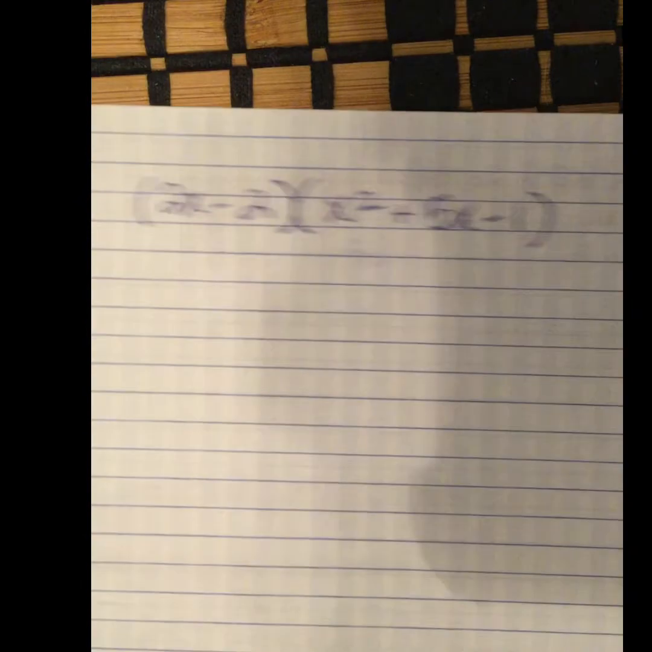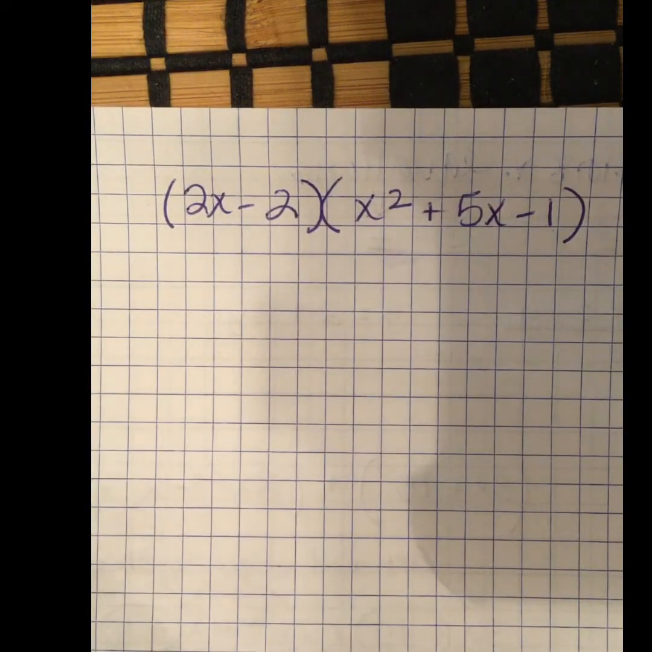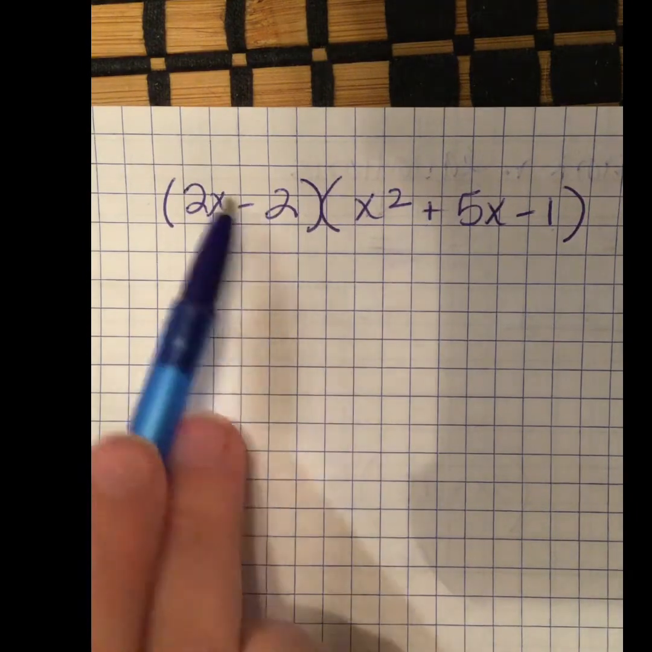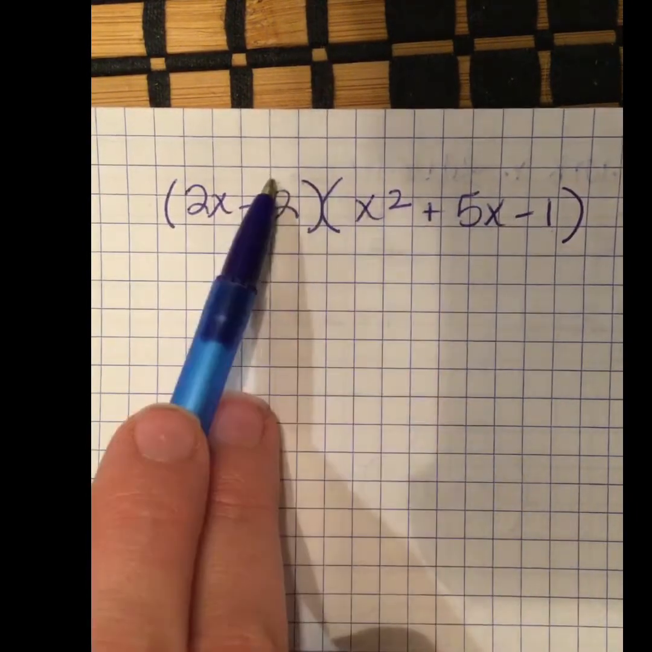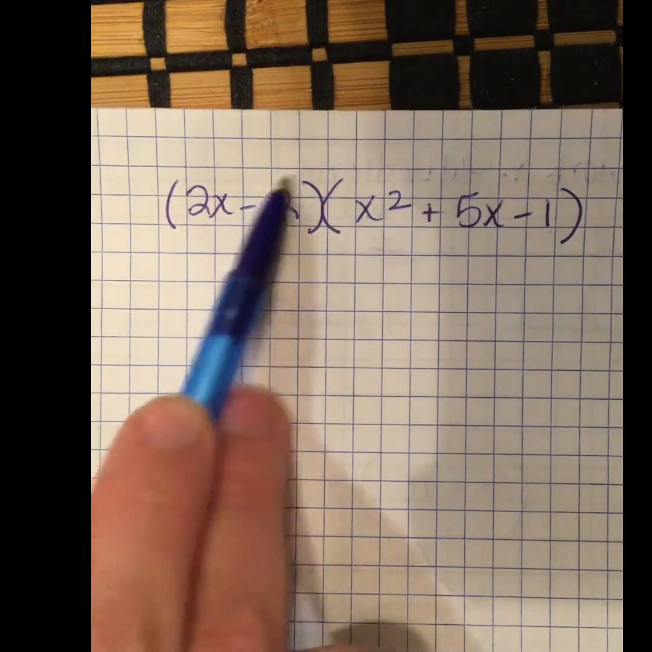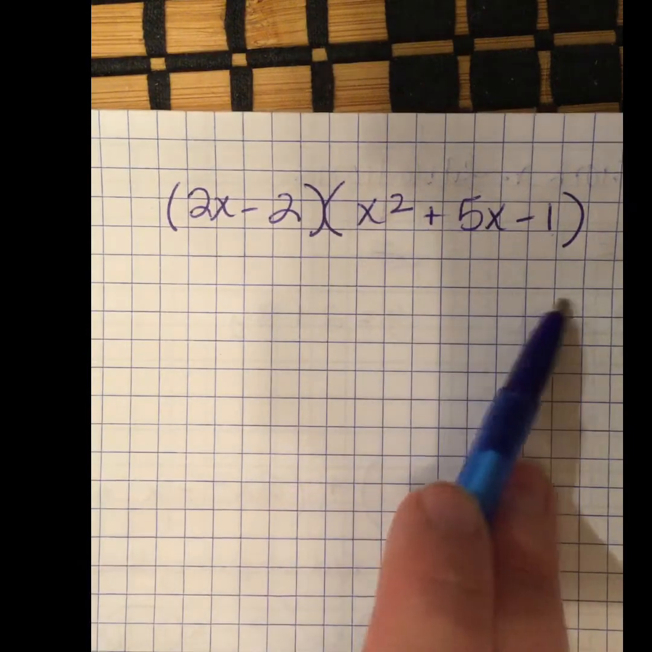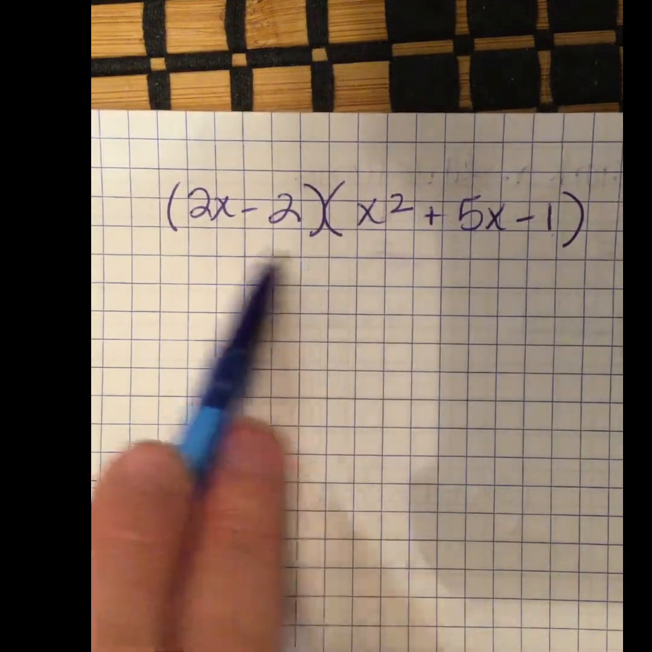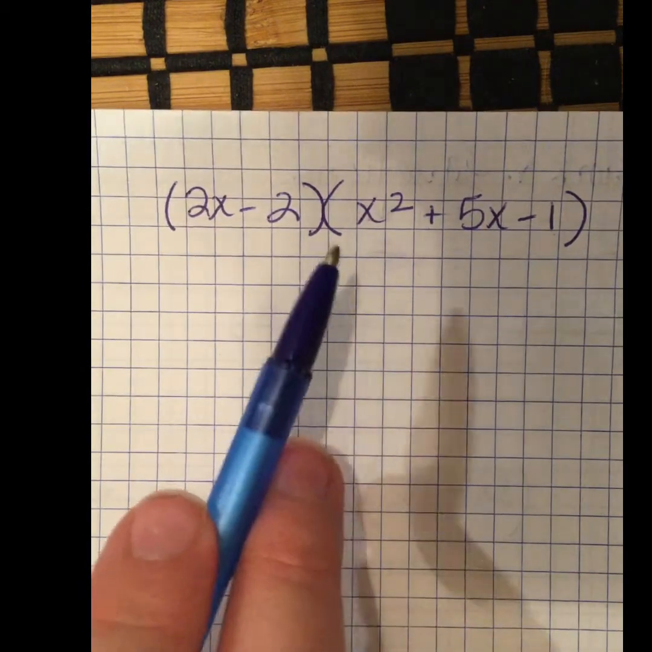Okay, so what does that mean if you see something like this? Well, guys, it's the same thing. We're going to pass the 2x out to 1, 2, 3. Then we're going to pass the negative 2 out to 1, 2, 3. We're going to end up with 6 terms down here. Probably have to do some combining, and then we'll be done. I'm actually going to show you